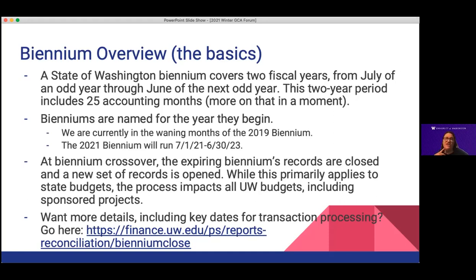A state of Washington biennium covers 2 fiscal years from the July of one odd year through the June of the next odd year. And this 2-year period includes 25 accounting months, which I know that math doesn't make sense, but we'll talk about that more in a moment. And bienniums are named for the year they begin. So we're currently in the end of the 2019 biennium, and then the 2021 biennium will start on the 1st